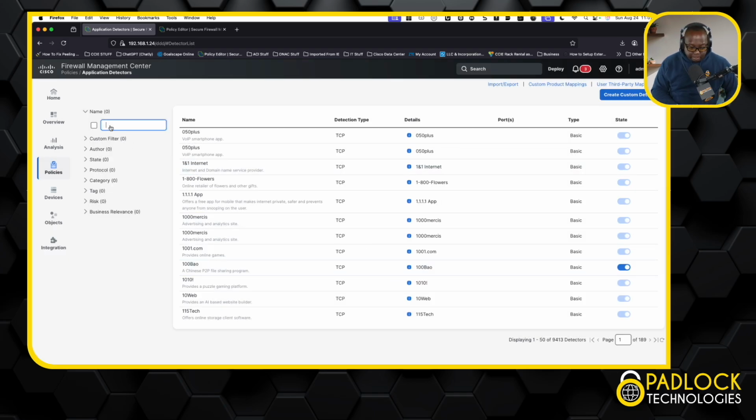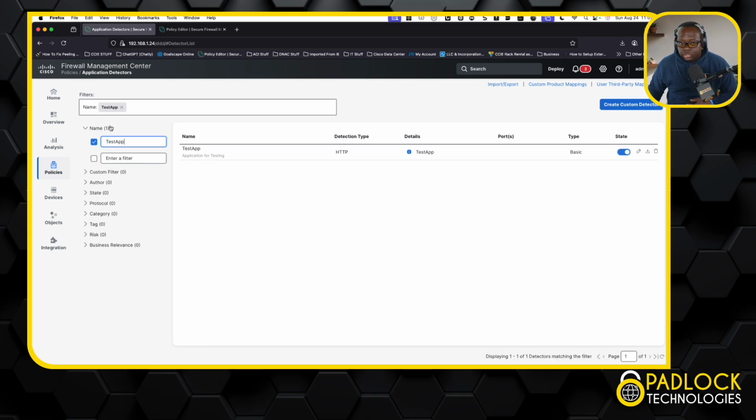So I created an app called Test App just to show you guys. In Test App, we have the detector type of HTTP, and we have some details. So let me tell you right now, this name that you call it, Test App, is not what matters. If you just do this and you don't do everything else, like the details and all that, you actually won't see your application when you go to do some policy on it. What really matters is the application type, right? So if I edit